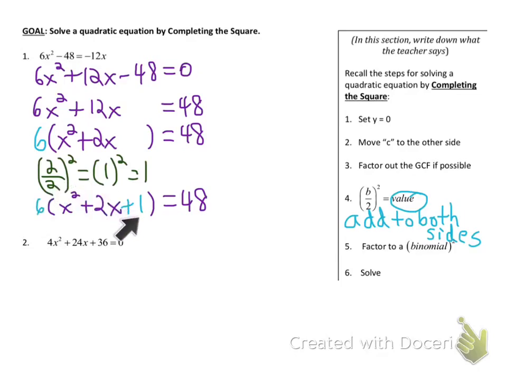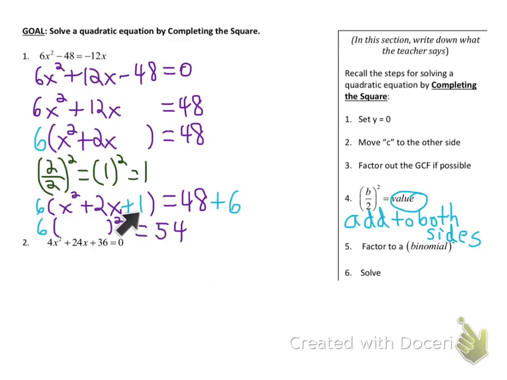6 times 1 is 6. So to balance out the equation, I would have to add a 6 over here to compensate. Again, that's plus 1, but since there's a 6 outside the parentheses, 6 times 1 is 6. To make the equation equal, I would have to add a 6 to this side. And then I am going to factor into a binomial squared. That's step 5. After I simplify the right side there to 54,